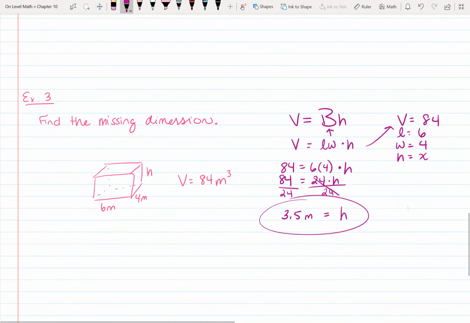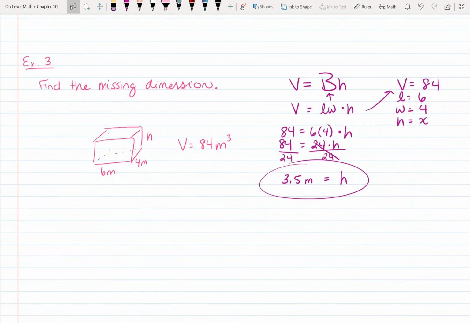Tonight on your homework, if this were labeled a little bit differently, so you don't have to write this, just watch. If it said V is 84, length is 6, if it didn't tell us the width, but it told us the height, okay, so I'm just rearranging it a little bit. Well, then I'd put X for width, and then I'd write my original, right? And then I'd plug in what I know, 84 equals 6 times X, because I don't know my width, times